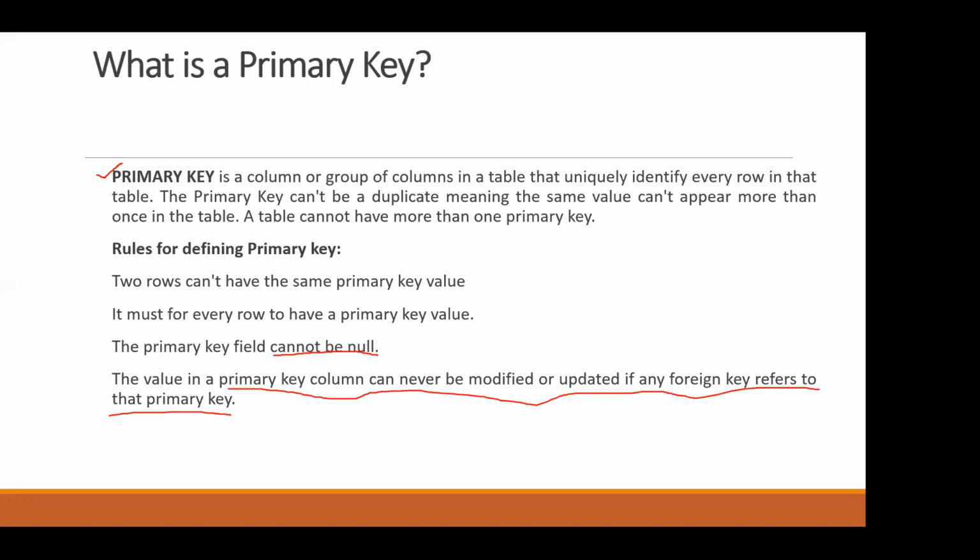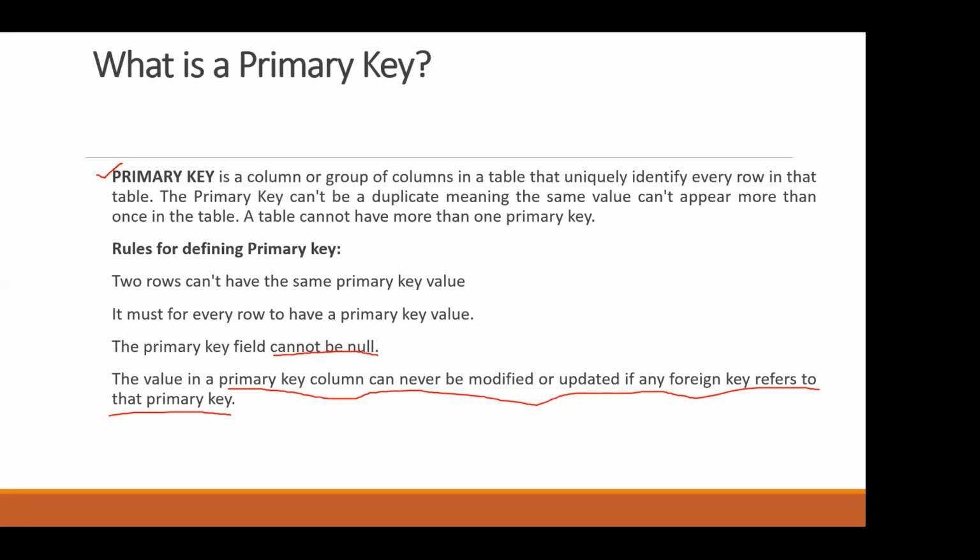Suppose I am accessing the fifth row of data. This fifth row of data must contain a primary key value. The primary key value cannot be null, it will not accept that. Once you define a column as a primary key, you must give some value to it. If I define it as an integer, I cannot give a character, only an integer value.